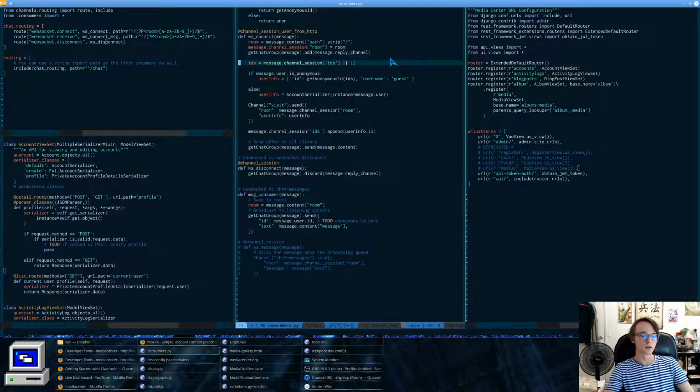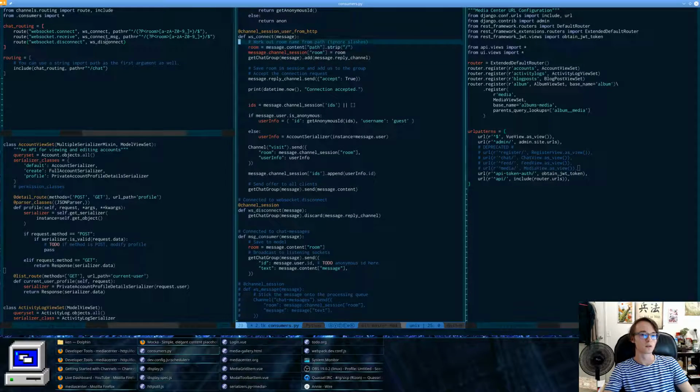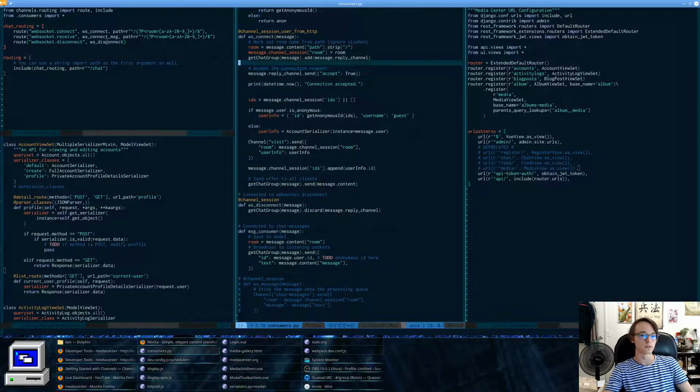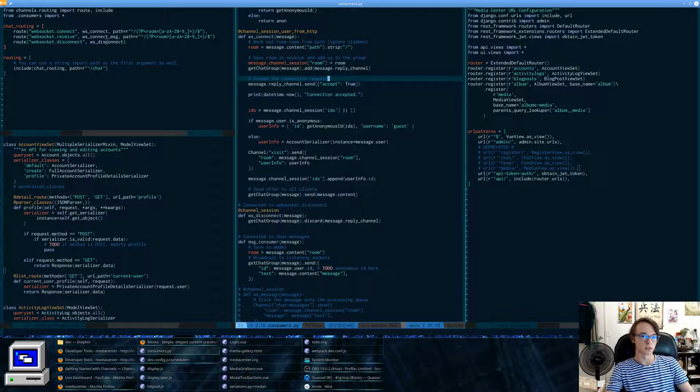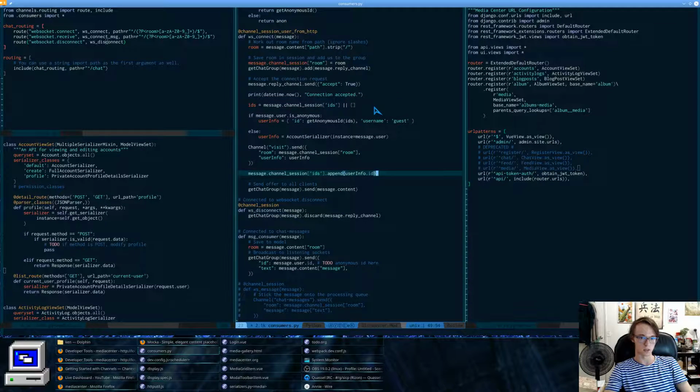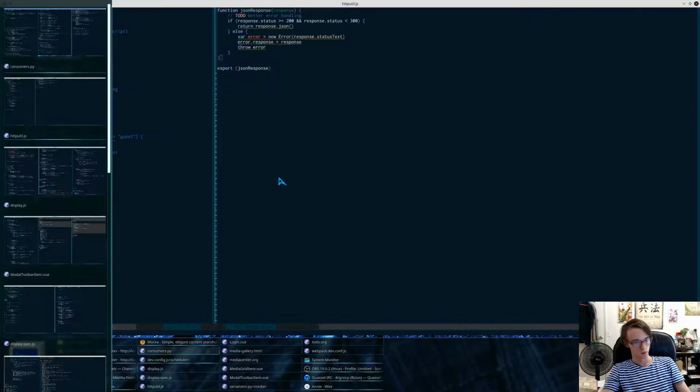Now, and let me see, let's do this, right, and then it's going to accept the connection request, so that it's broadcasted, hey, accept this dude. And it's going to say if the connection was accepted, but we also want to append the channel session IDs. And the visit channel, I think what it will do is it's going to have to add this new information to their own session as well. So I think